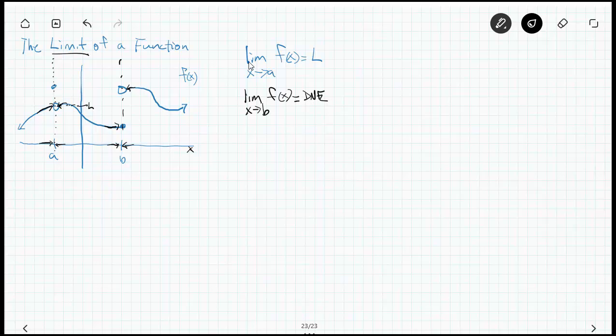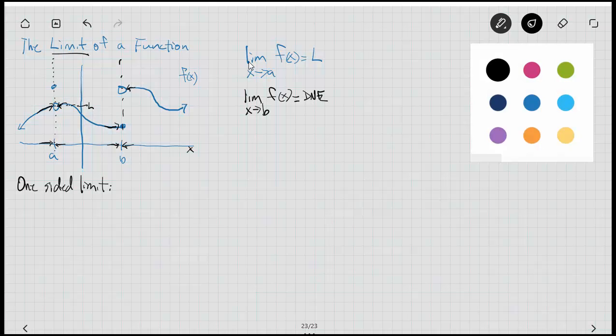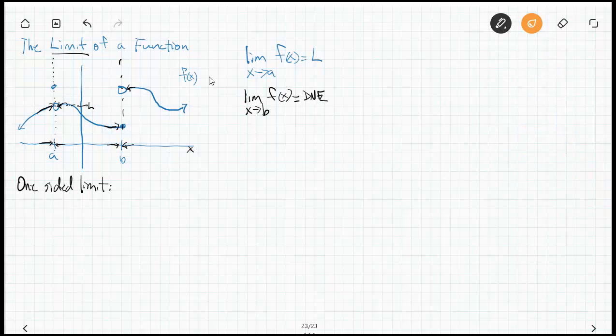However, that said, there's something called a one-sided limit. A one-sided limit. And this takes a little bit of nomenclature as well. In the one-sided limit, let me change colors. What we're going to do is approach the value on the x-axis from one side or the other. For example, just for giggles, let's make this be